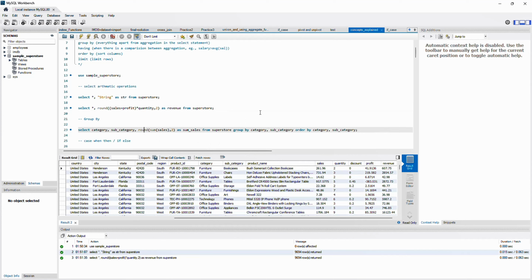Now moving on to the group by. I have already told you that whenever there is an aggregation, you use group by on the columns that are with the aggregation. So category and subcategory are the columns that are with the aggregation of the sum. So I would put category and subcategory in the group by, and I can also order by the same. Now if I execute the statement,